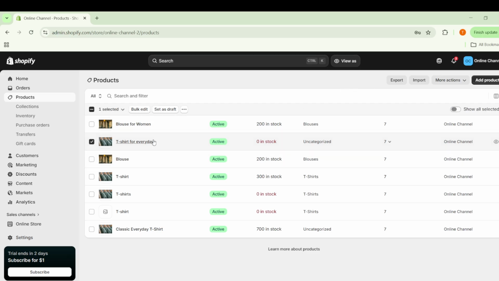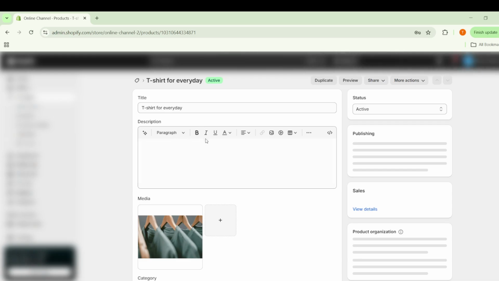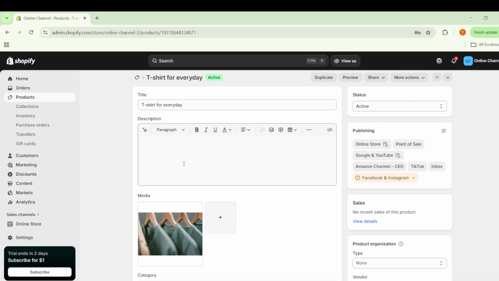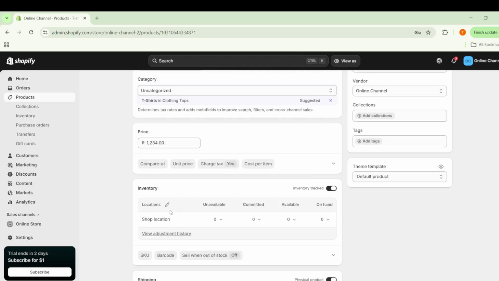Now scroll down until you see the inventory section. This area controls whether Shopify keeps count of stock and what happens when stock runs out. Take a moment to confirm you are looking at the right product, especially if you have similar items in your